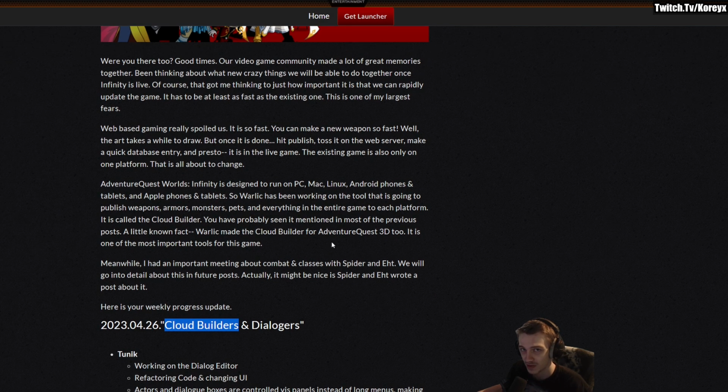And if you look at how AQ3D gets updated, might be how AQ2D needs to be updated, but if it's not a big update, like if it's just a sword, for example, like a daily drop thing, they probably will be able to do that without updating the whole game version, but who knows? We'll wait and see. But I would expect it to be a bit slower than how quickly they can currently update it for the new game.